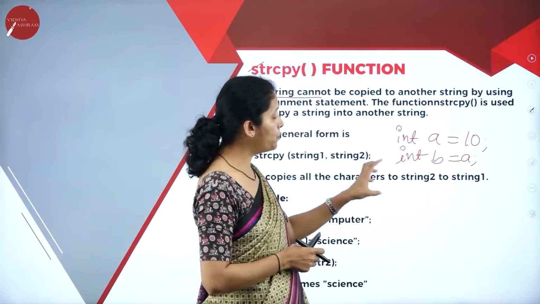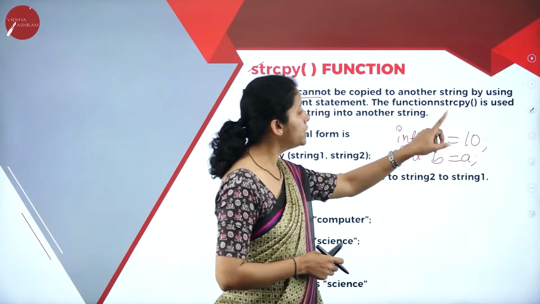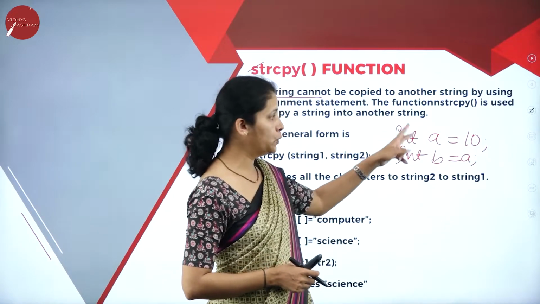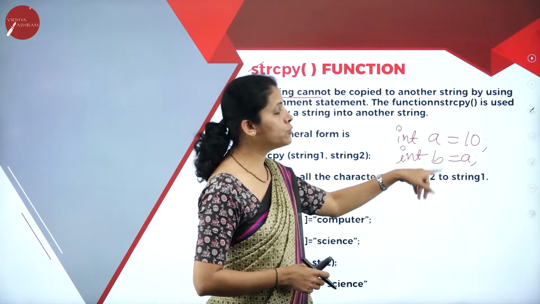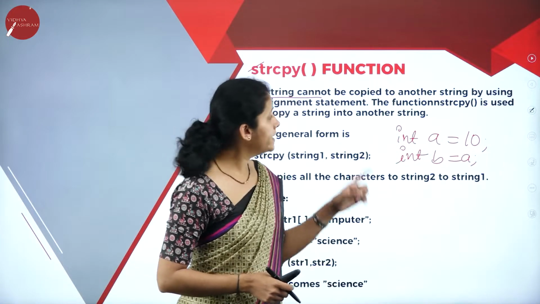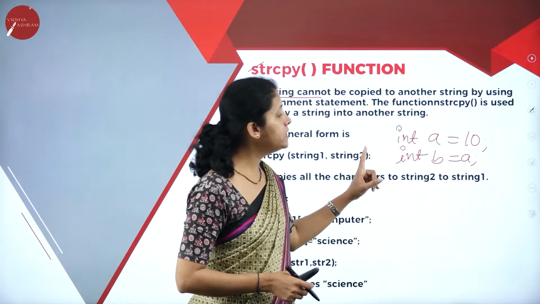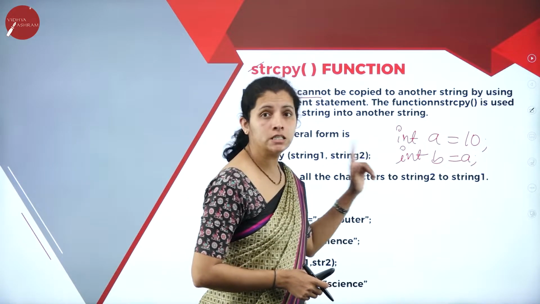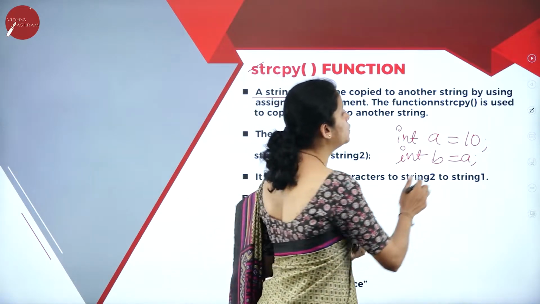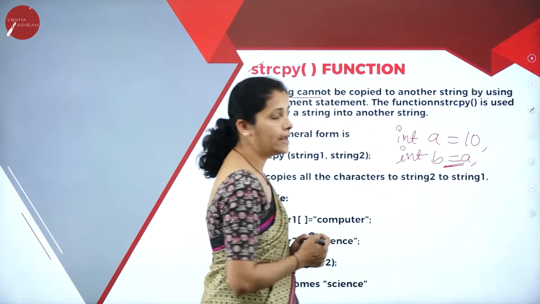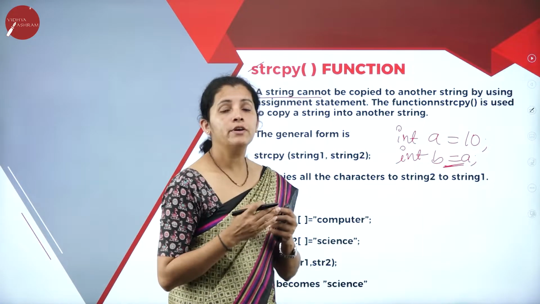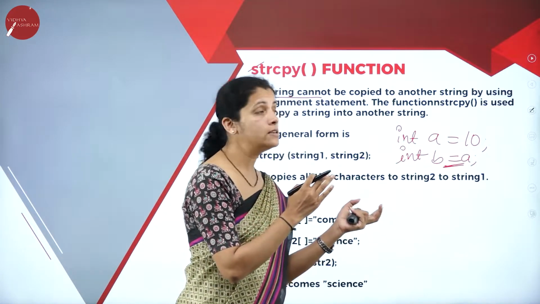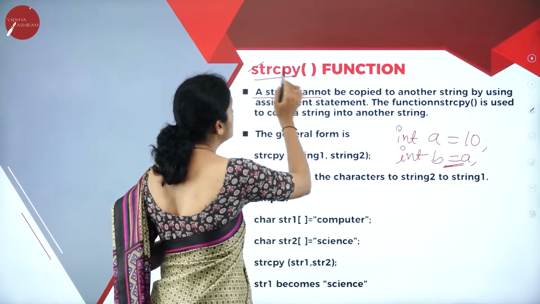I'm going to copy the value 10 to b, because at the beginning I assign 10 to a, and if I write b equal to a, this indicates that I'm going to copy the value of a to b. But if I consider a string, I cannot assign the string directly. That means if I want to copy the string from one string to another, then I'm going to use the string